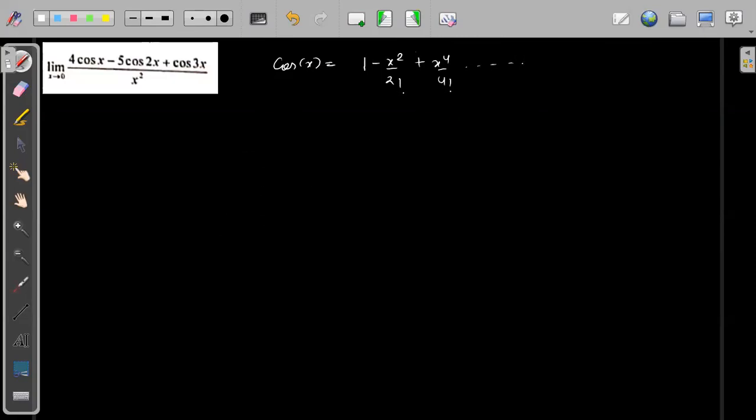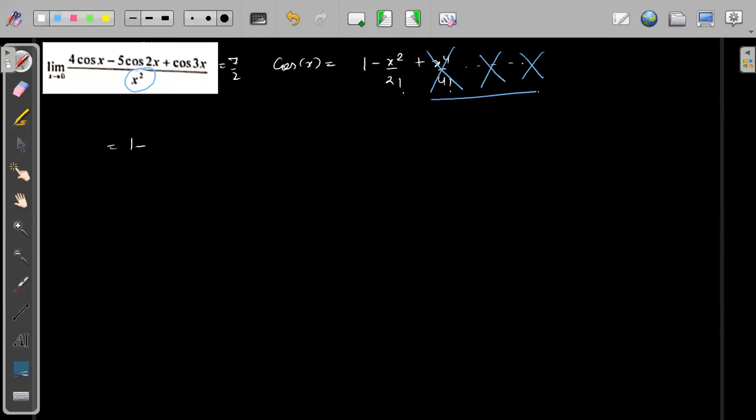Somebody is getting 7 by 2. Because here we have divided with x square, I know I just need the first 2 terms. I will not require any other term because all will have x to the power 4 divided by x square. Yes, you will have x square terms multiplied. So simply, if you write this,